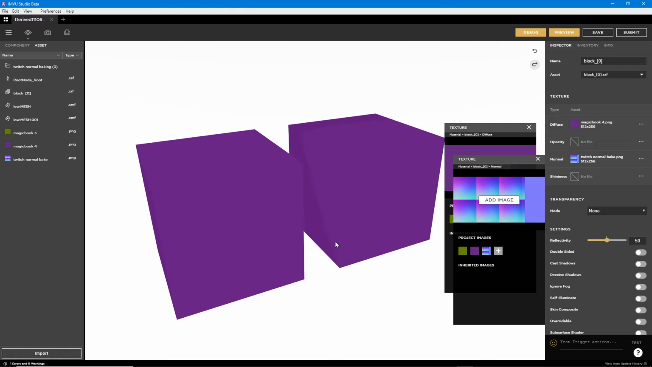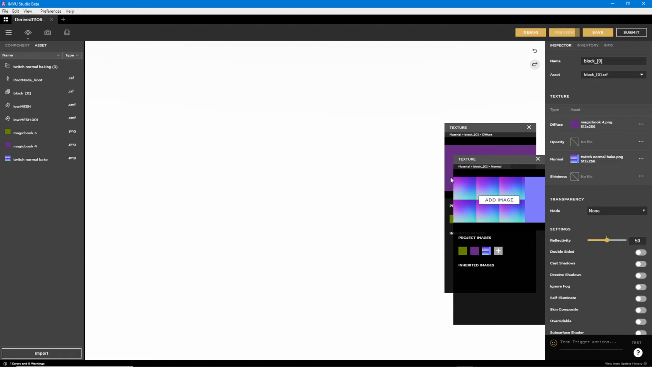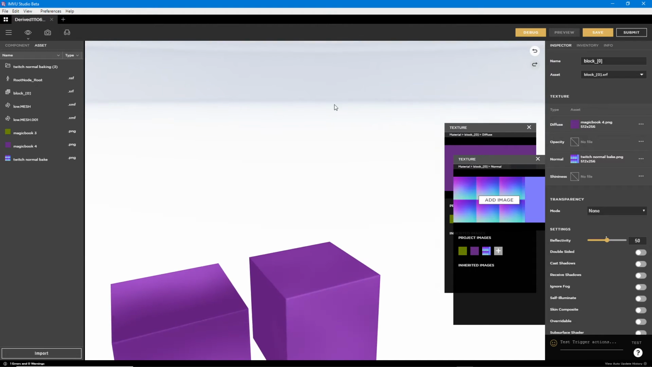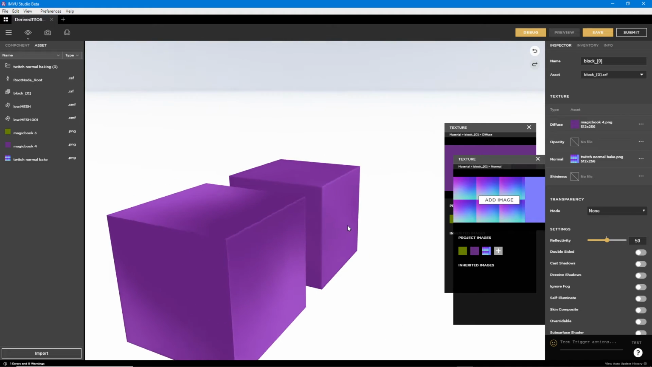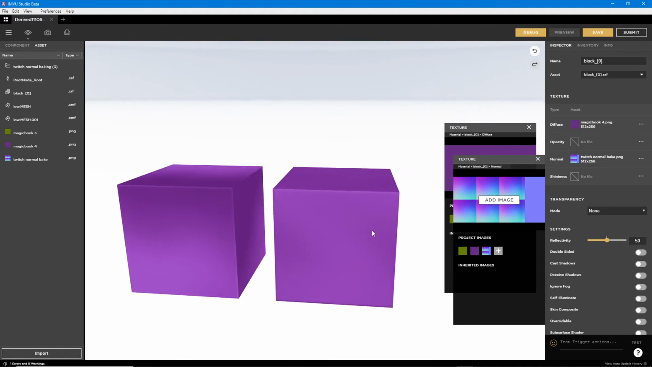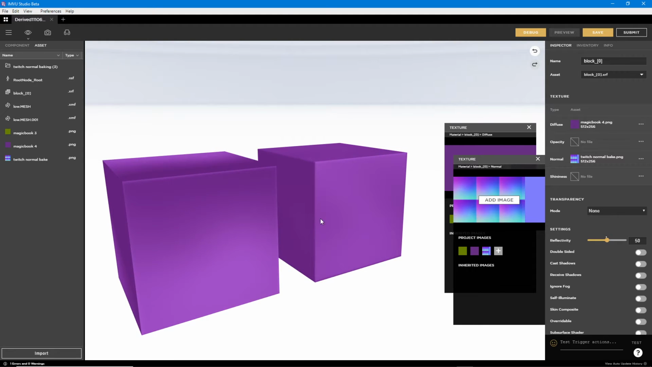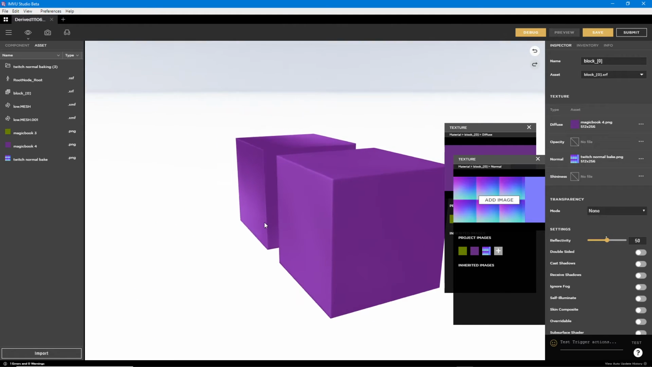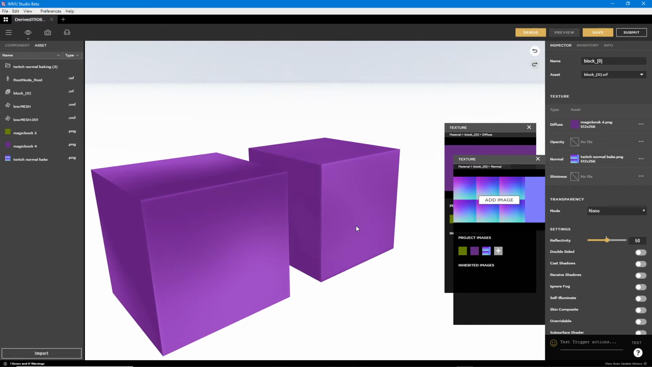So don't know how clear this is going to be. So that's our normal map. And all we're going to do is click preview. It keeps resetting the view. But there is our cube. Or that's our box. So